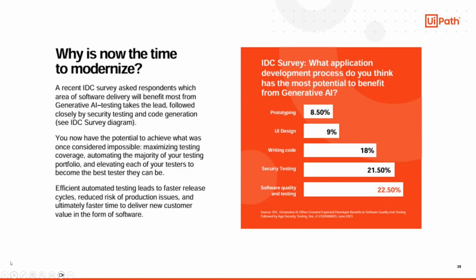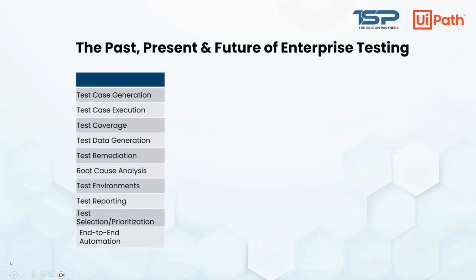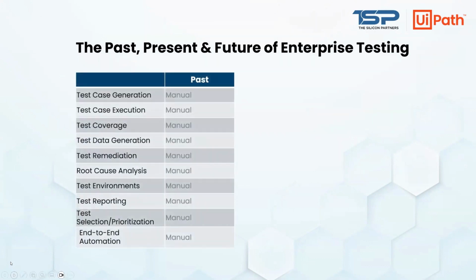In order to explain that a little more, I wanted to show you a timeline of how we've seen this evolve, those of us who have been in the industry for a while. If we talk about the past, present, and future of enterprise testing, you can see there are several areas that compose the test effort. Looking back, originally all of these things, in terms of the generation and execution of test cases, the establishment of test coverage, the ability to generate test data, remediation and root cause analysis, environment management, and reporting,